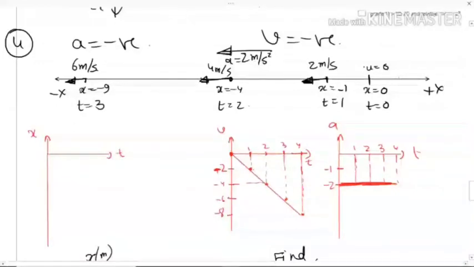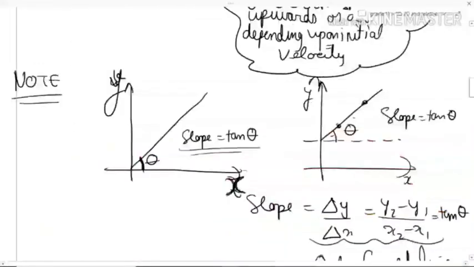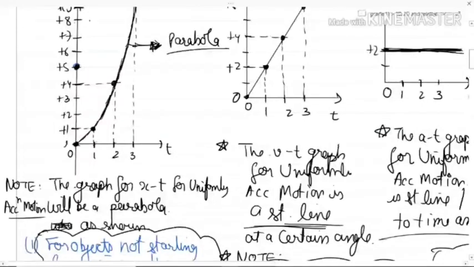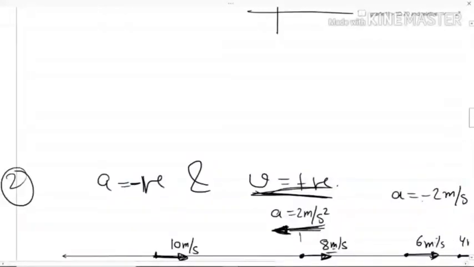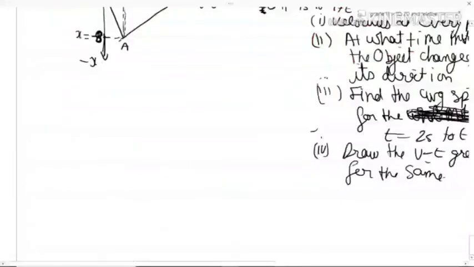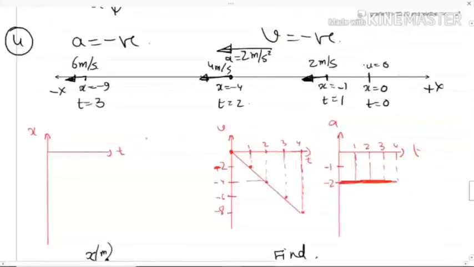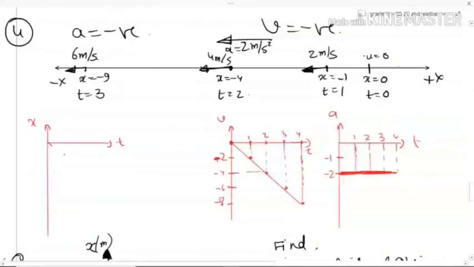Do you remember the first graph? The first graph looked like this. Yes or no? You just draw the image of that graph with respect to the x-axis. So the graph will look something like this. Is this clear, guys? So all these are different parabolas which have different equations.